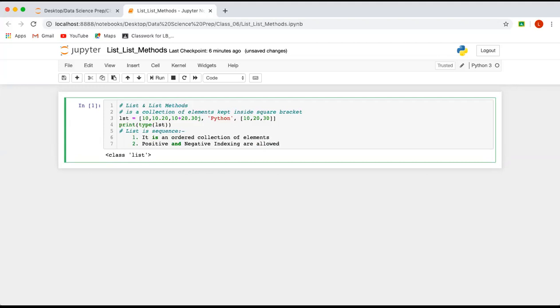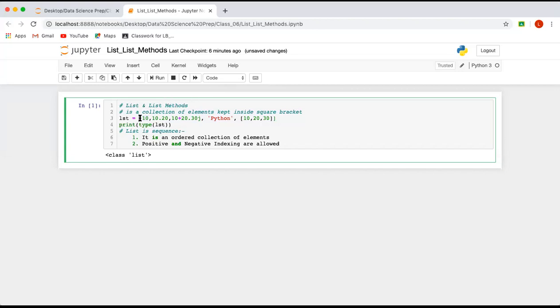Okay. Now in the string, let's say if this is a string, what is the element? Every character is an element. In the list, what is an element? Every individual value will be an element. So 10 is one element, 10.20 is one element, and every element will be separated by comma. Okay. Now inside the list, you have positive and negative indexing. Positive indexing starts from left hand side and 0. Negative indexing starts from right hand side and from -1.